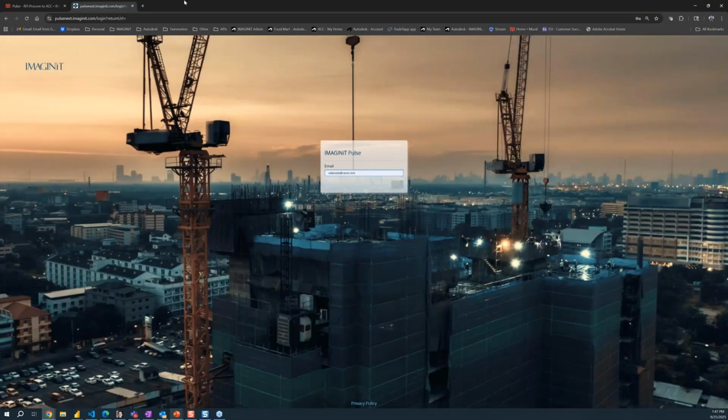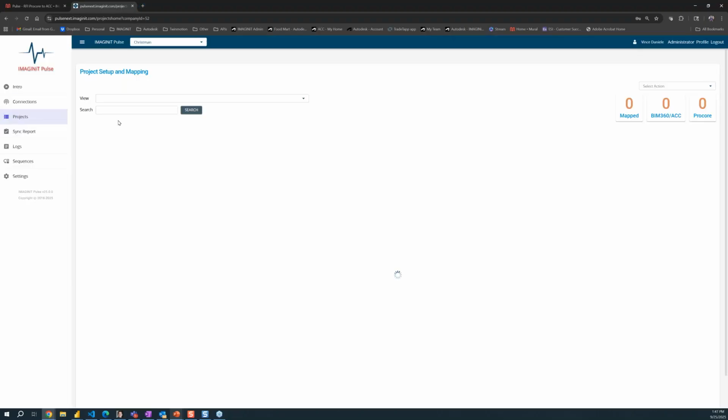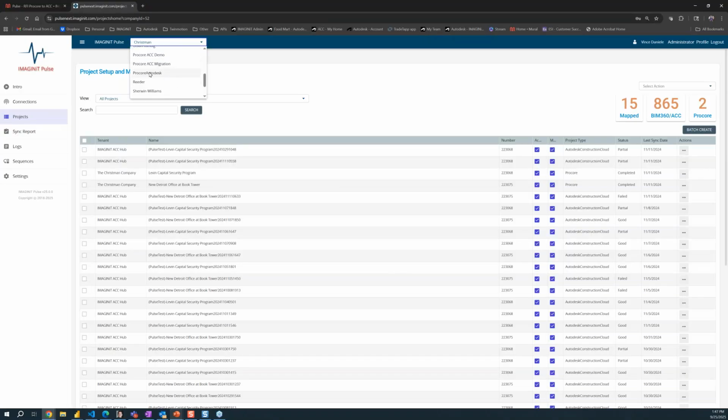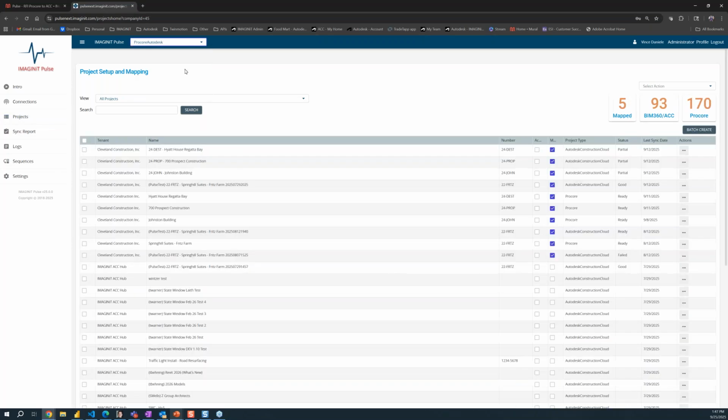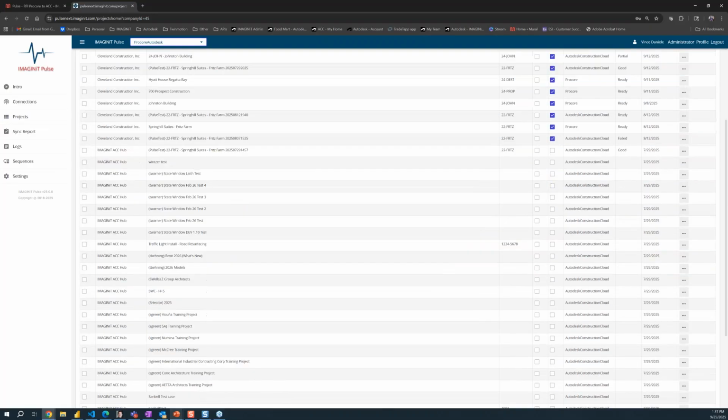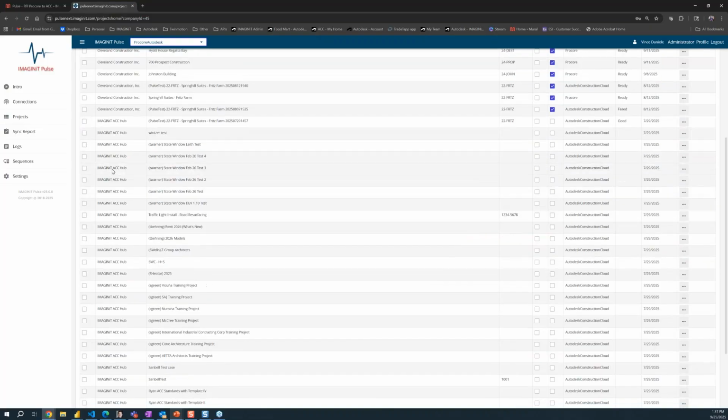So I'm going to go in here. I know this is probably not too beneficial, but I'll show you the back end that we deal with to set this up. So generally, if I go to my Autodesk environment, I don't think I have any live integrations. We have a Procore sandbox that we deal with quite a bit, but basically in the back end with Pulse,